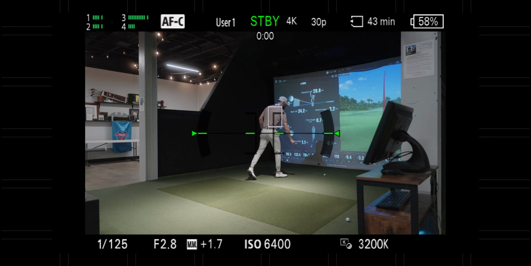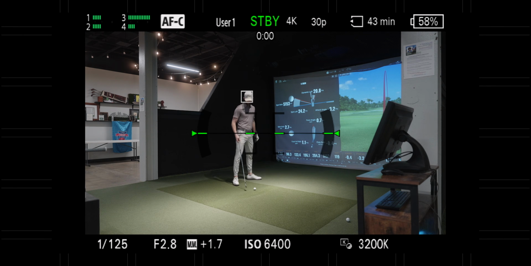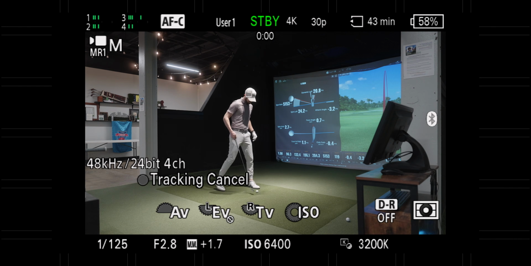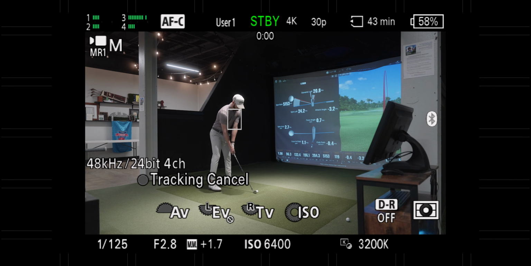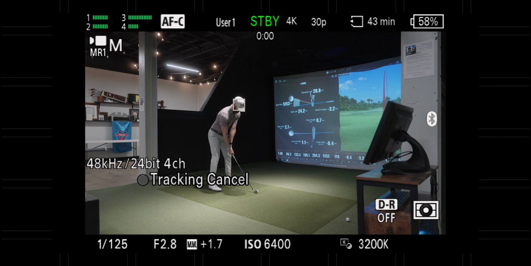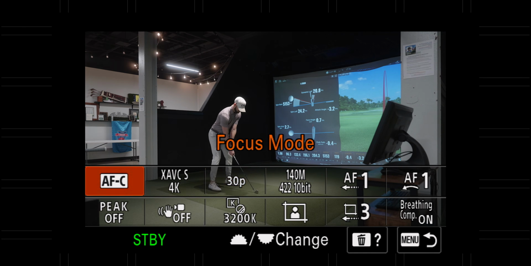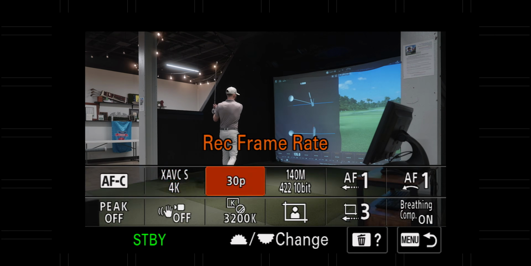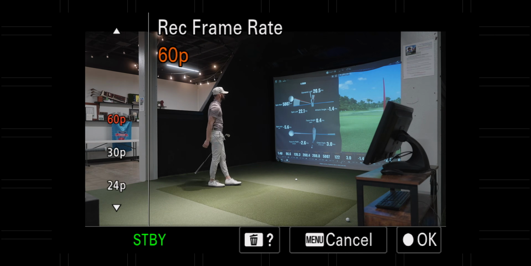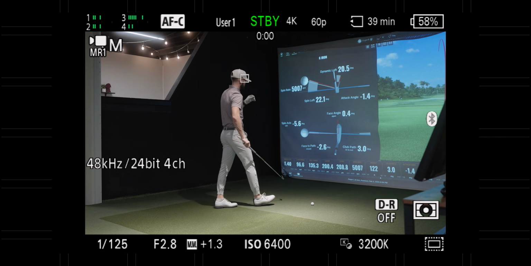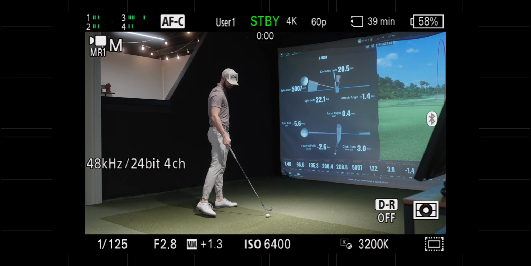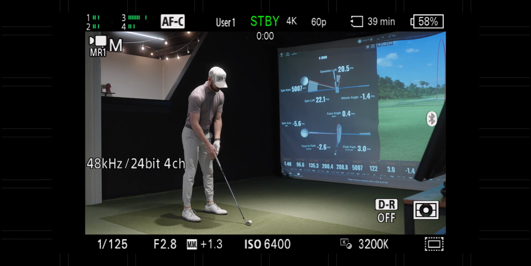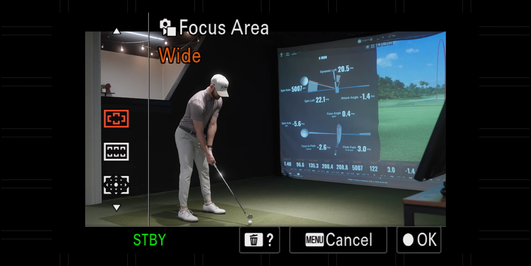Okay, so for this slow motion shot, I've got my friend Aaron here who's going to be displaying a beautiful golf swing for all of us. And the first thing for slow motion that I want to take a look at here is that I'm going to be in XAVC S in 4K. Frame rate is going to need to go up to 60, which we're going to see that crop come into effect now. I am in touch to track at the moment for slow motion, and I'm also in wide,